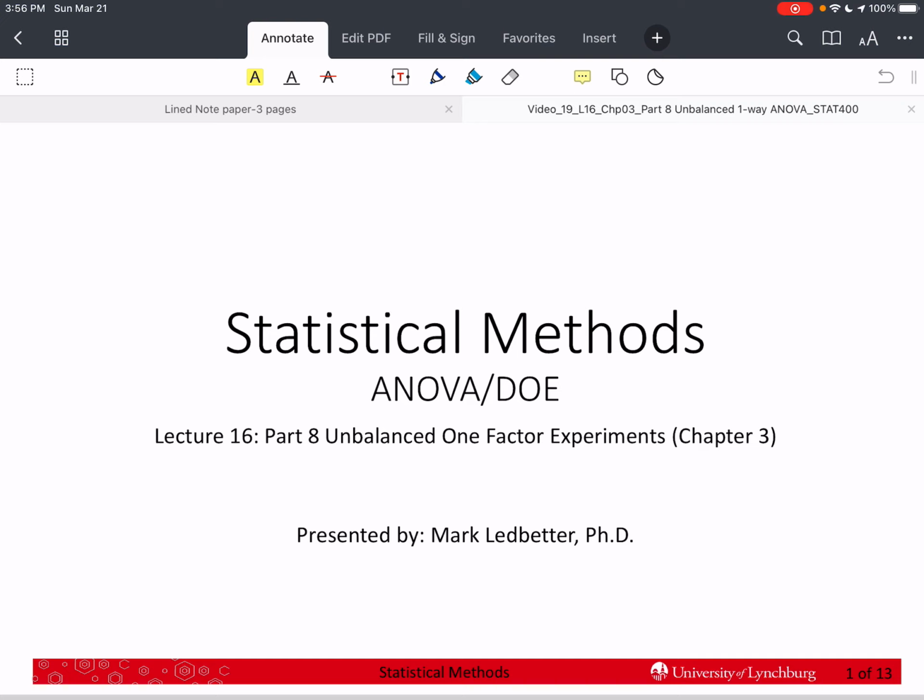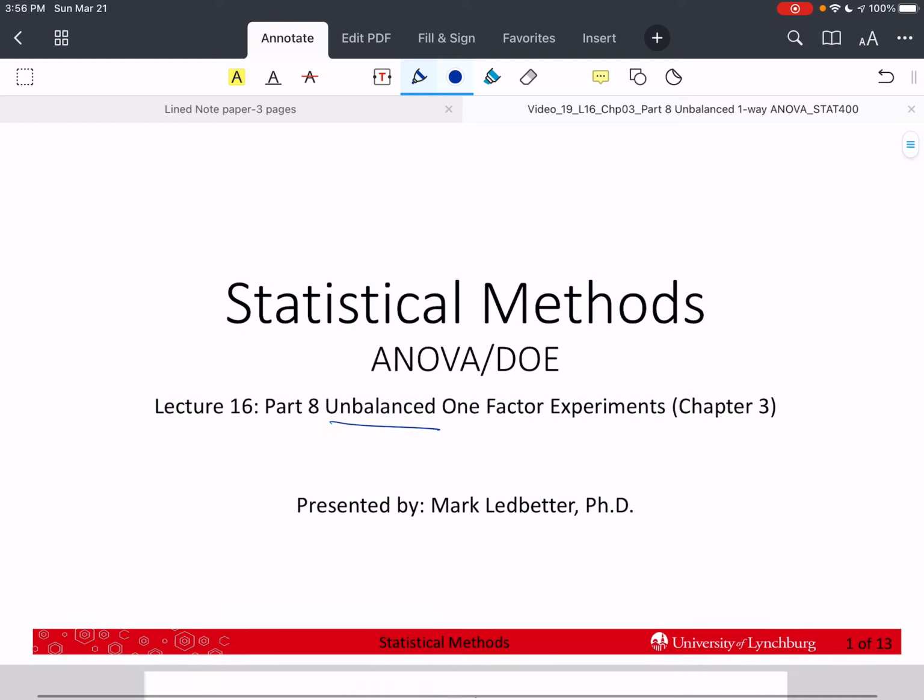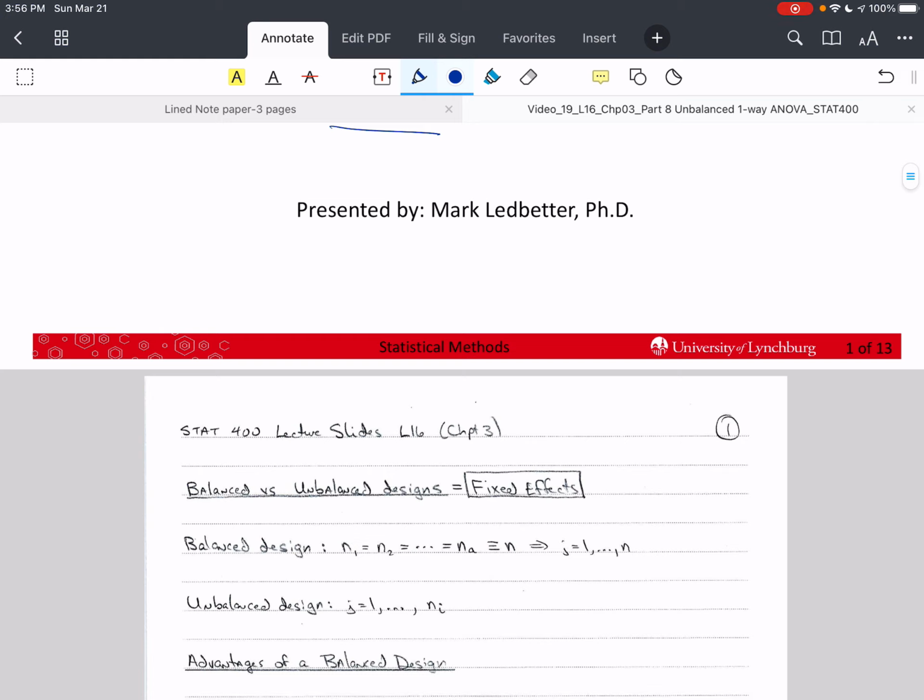We're in part 8 of chapter 3, and in this video we're going to talk about unbalanced one-way ANOVAs, or one-factor experiments. So we're not going to go over an example. We're going to talk about what is different, and there are some very big differences between unbalanced and balanced. There are some major